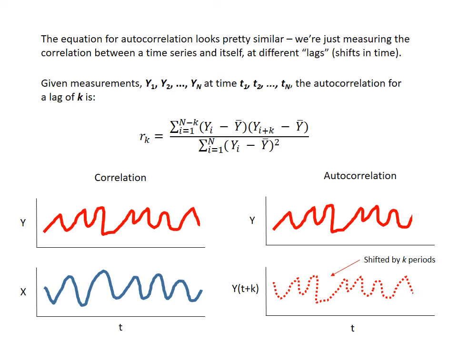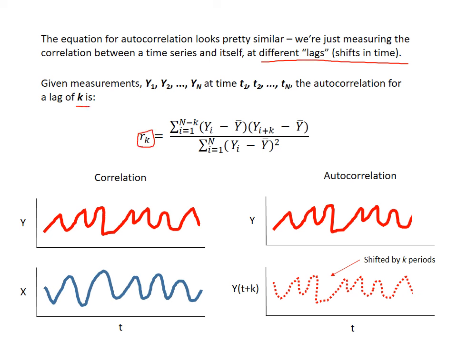And the equation for autocorrelation looks pretty similar, except we're not dealing with two random variables, right? What we're doing is measuring the correlation between a time series and itself, really, at different lags or shifts in time. So let's say we have this time series y, right? And so we have y1, y2, all the way up to yn at time 1, time 2, all the way up to time n. The autocorrelation for a lag of k, right here,